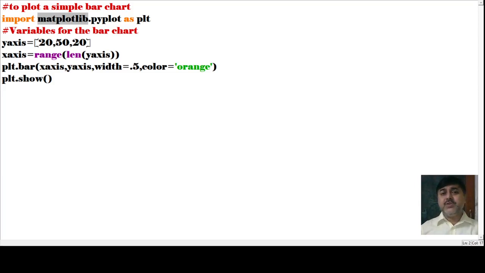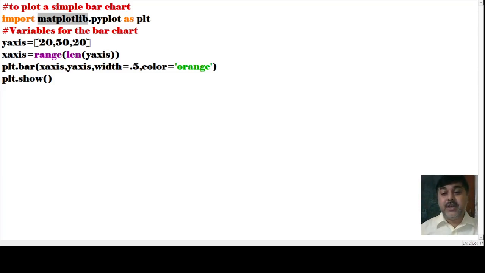So what is a range? That means 20 is the lowest number and 50 is the highest number. From 20 to 50 it will take different values and find out the range of it, isn't it? When it finds those different patterns of values, each and every part we will organize and make this particular structure, isn't it?